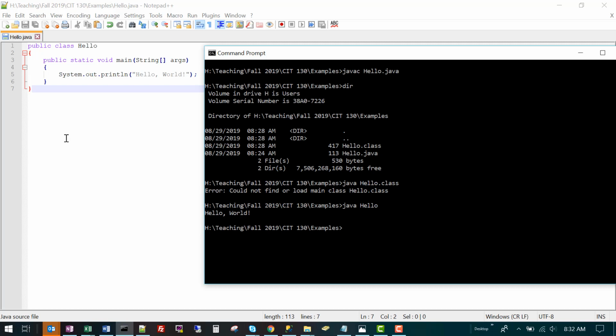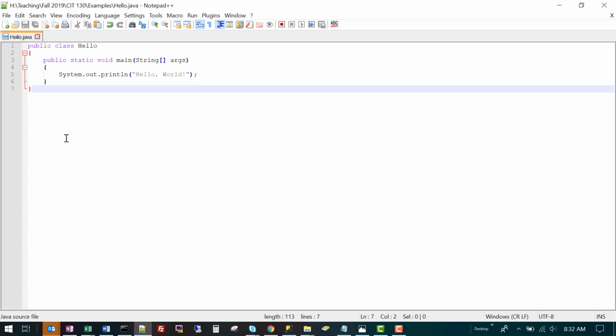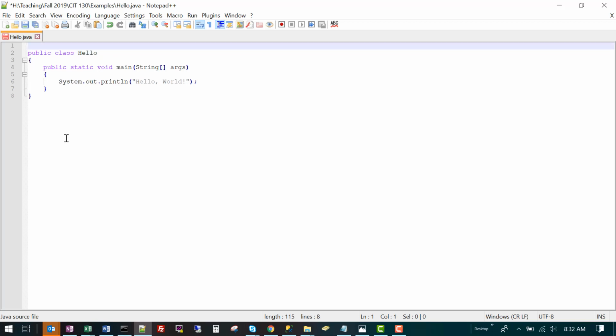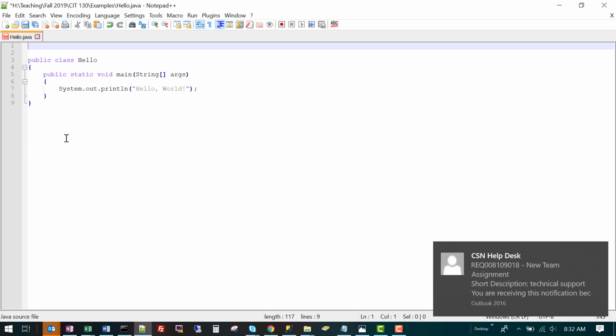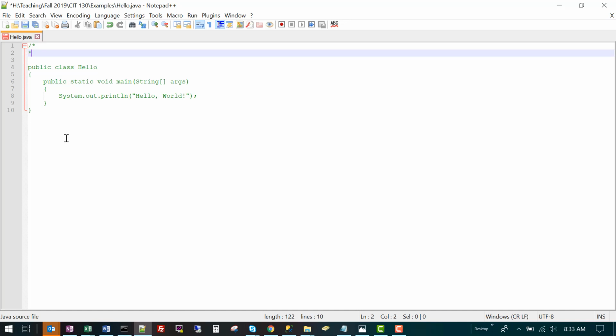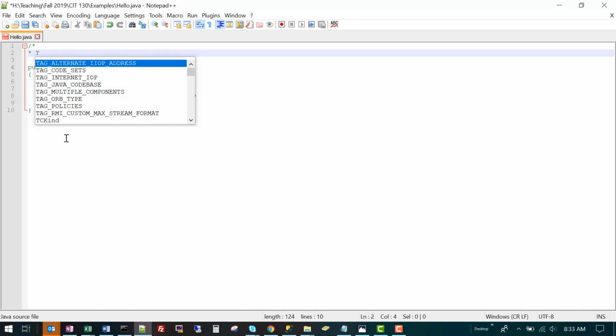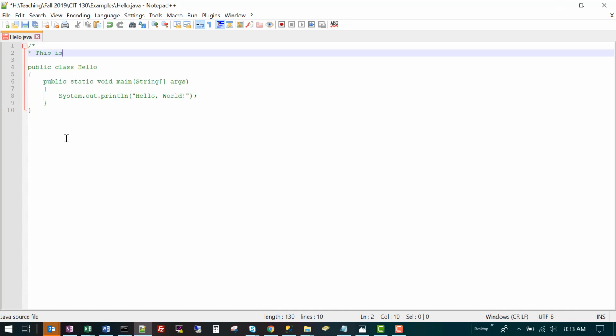I'm going to add just a couple of extra pieces to this program at this time. I'm going to begin it with something called a comment, a block comment that describes what this source code is and does.